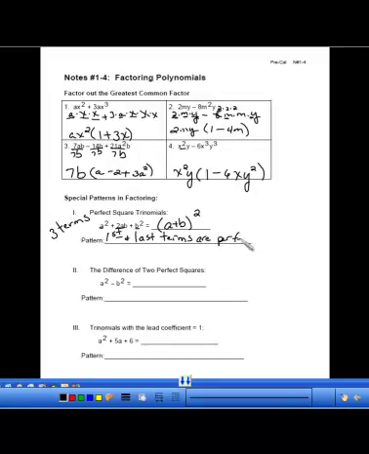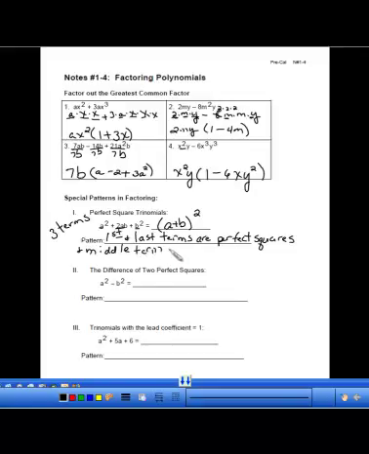That means you can take the square root without any kind of decimal number or anything. It's a perfect square. 25, 36. You can take the square roots of those numbers. Or x squared. Okay, the first and last terms are perfect squares, and the middle term, this is the tricky part that it's a little tricky to recognize. The middle term